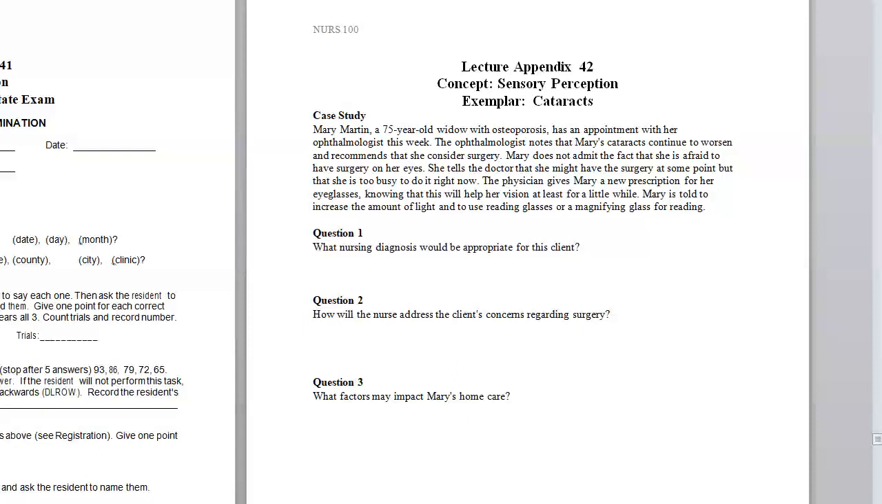And what factors may impact Mary's home care? We don't know much about her situation and her home environment, but stairs are always a concern, and making sure that if she does have stairs, they have handrails and proper lighting, and there may be some skid resistant materials on the stairs so she wouldn't slip and fall. And also looking at the way her furniture is laid out, that there's not a lot of clutter, which would cause her to trip and fall, along with rugs and things like that,